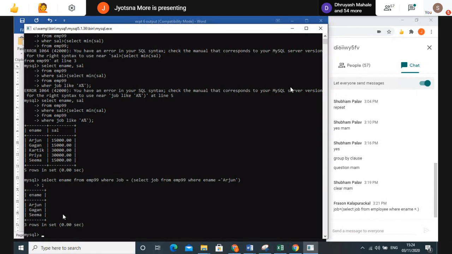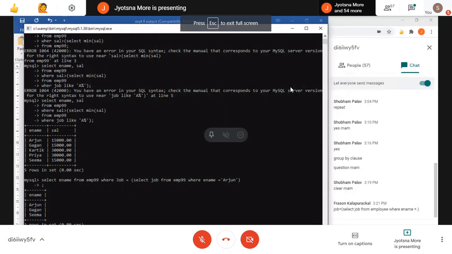If you want to display the job title or job name as well, you can do that by adding, outside of the ename, a second column with whatever you require. Suppose I will show that also. Right now ename is enough, but comma job we can say.